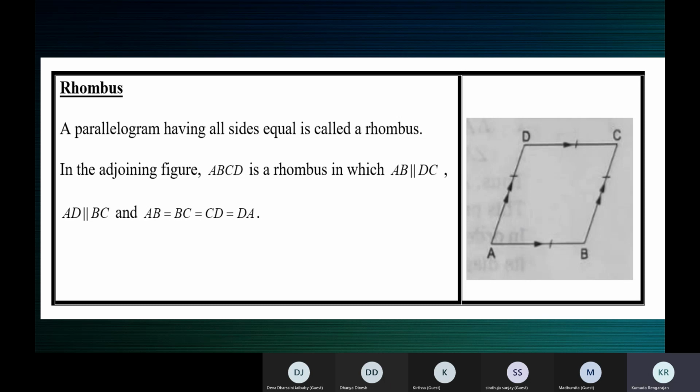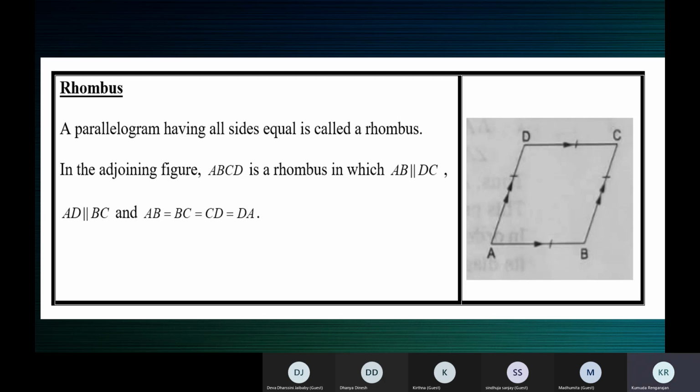You will think, now all sides are equal, so how is it a parallelogram? Because in a parallelogram, opposite sides are equal. Here also opposite sides are equal. In fact, all the sides are equal. Remember, when we say a parallelogram, it has all the properties of a parallelogram, but some properties are modified. Like in a parallelogram, only opposite sides are equal. Here, all sides are equal. So a parallelogram having all sides equal is called a rhombus.